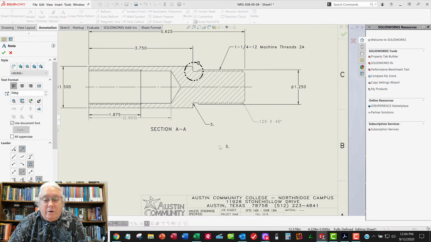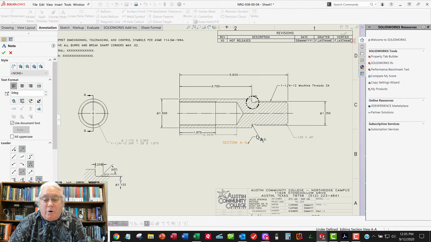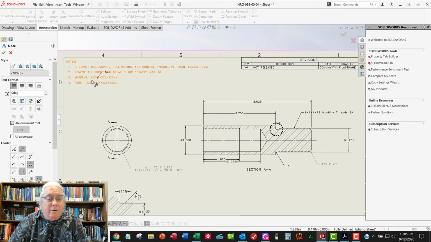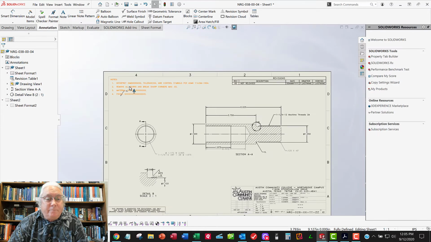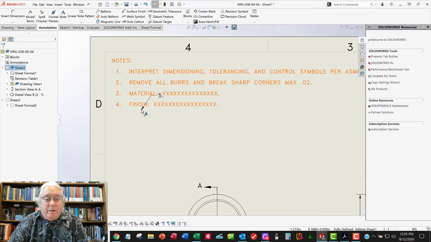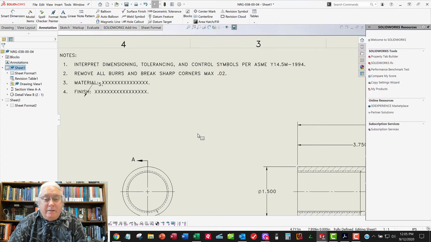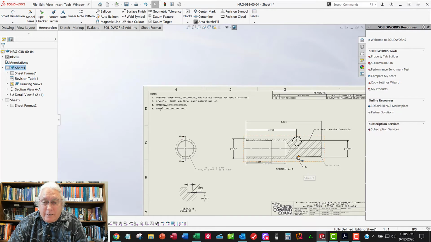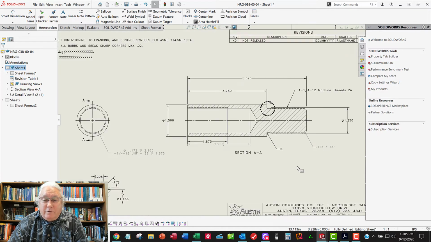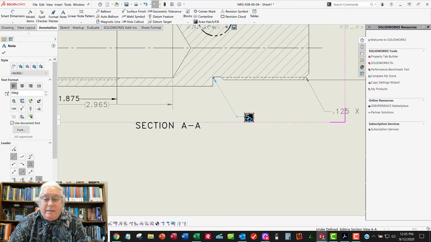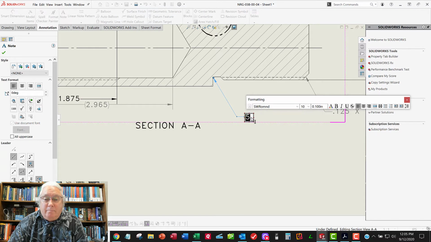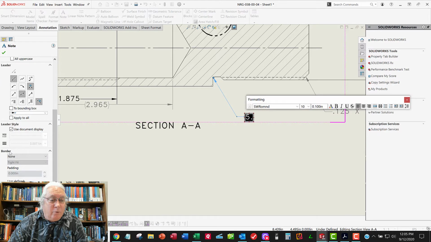And flag notes are notes that apply only to specific parts of the drawing. These notes up here, material and finish, these are general notes that apply to the whole drawing. But this particular note here applies only to the thread relief. So I want to turn this into a flag note. And the way I do that is double click the text, highlight the text that I want to put a flag box around, and then come over here and say I want to make a border, not none, but I want to put